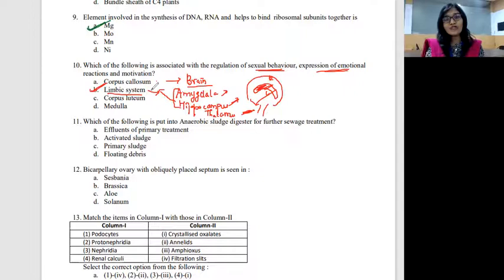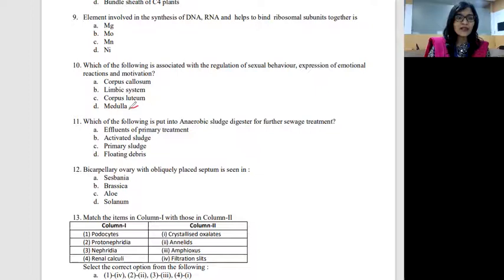Corpus luteum, where do you see corpus luteum? Corpus luteum is a very important one because they are temporary endocrine glands. They are the one which stimulates what? Ovulation. They are the one which stimulates ovulation. So this is not the correct one. Medulla is very, very important, which is involved in a lot of functions, like temperature. They are involved in maintaining several other activities in our body. So here it's not the case. So we will not mark this option as correct. So the answer is going to be option